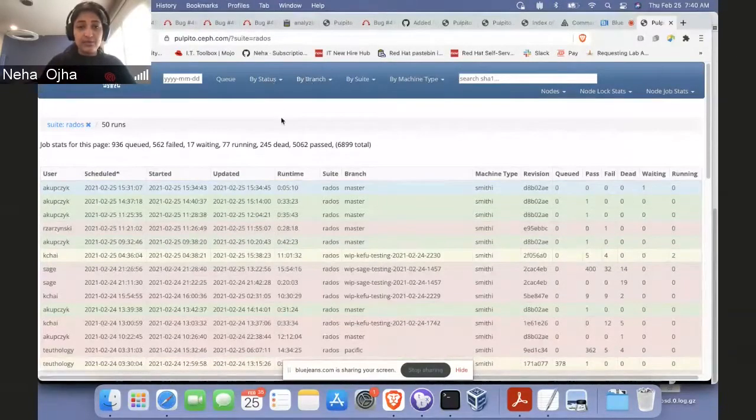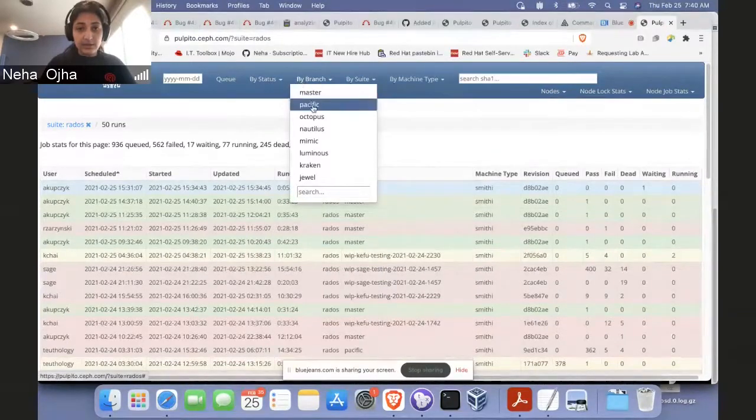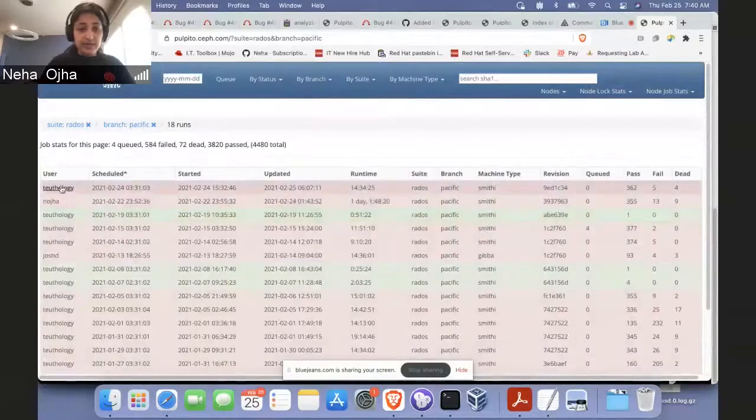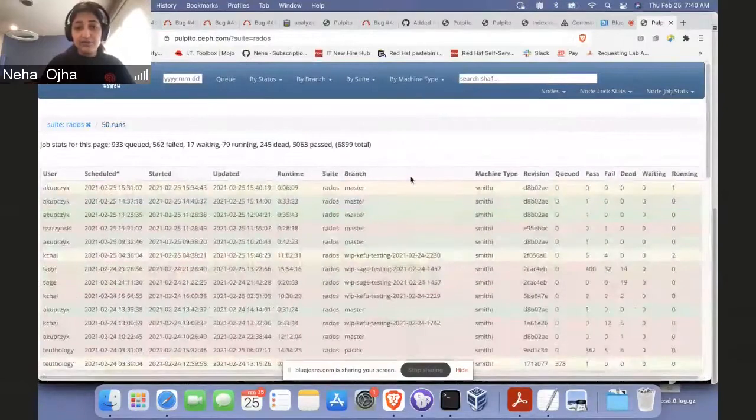When I say nightly runs, we have these automated test runs that are done against master and all stable branches at some frequency, where you can select, let us say, Pacific. You'll see user Teuthology; these are all Teuthology runs. So you can go and look for the latest one here. The latest here I can see is 25th, and you can compare your run against this one. Or if for whatever reason you don't find a latest run, or it didn't run for whatever reason, you can also go and pick